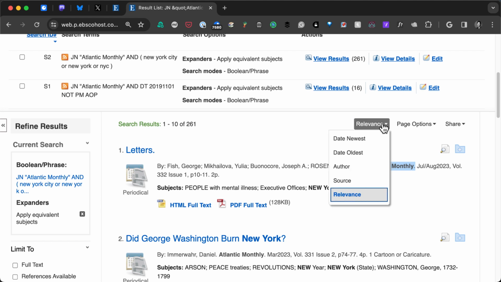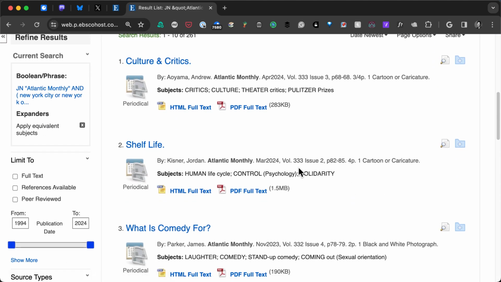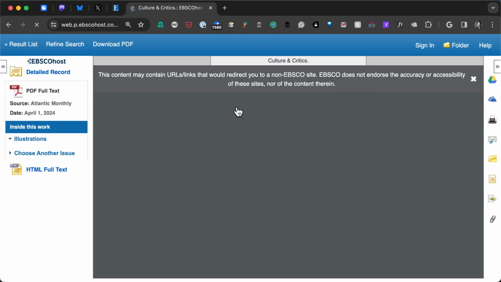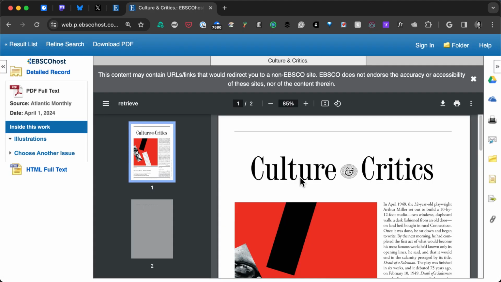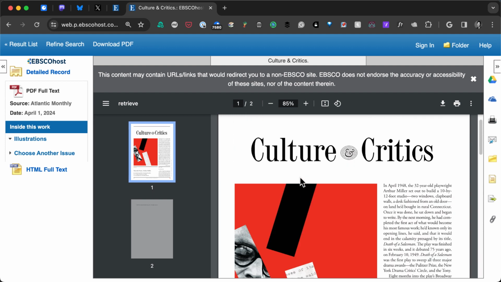Sometimes you may want newest first. Perhaps you want to see the newest first from the Atlantic pertaining to New York. And in this case, we're newest first. We have something from April 2024, and let's click on PDF full text, and inevitably you will see what's in there from the Atlantic. So that's a quick way of searching for journals at